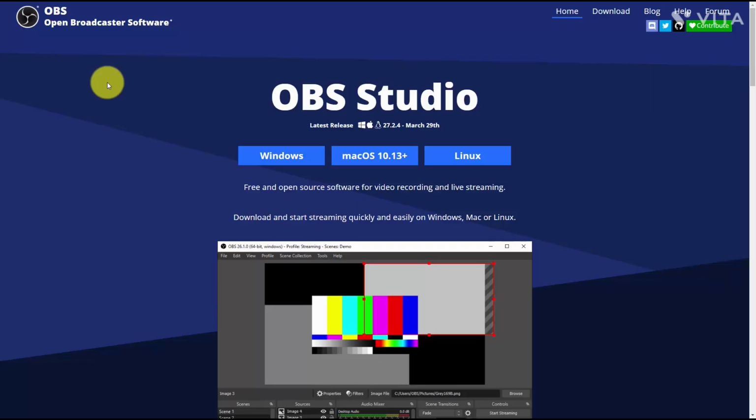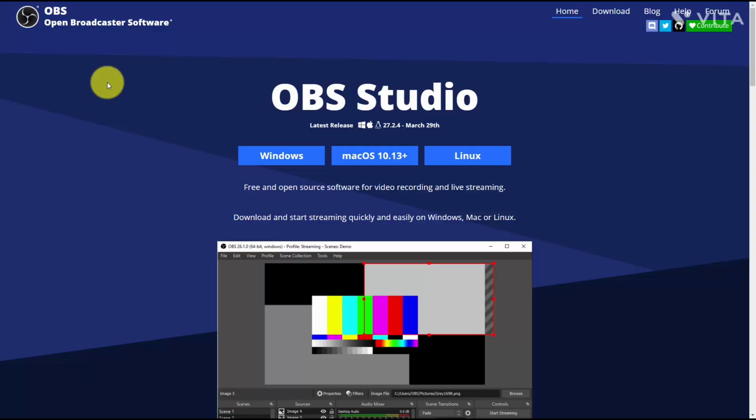Welcome back. You're now looking at OBS Studio, and if you go to obsproject.com, you'll be able to download OBS Studio, and you'll be able to use OBS Studio in order to record video on your personal computer, in addition to being able to record your webcam. You can use this software, which is free and open source, to record videos for your advertisement on a Windows,